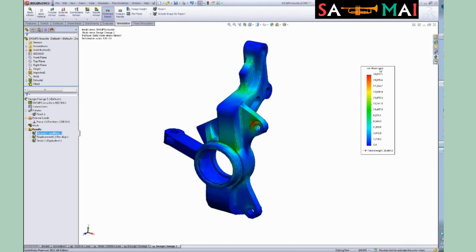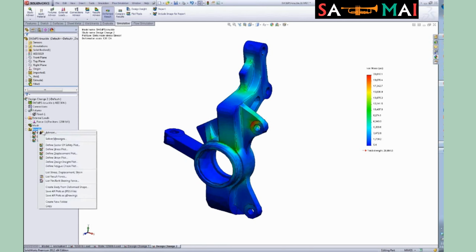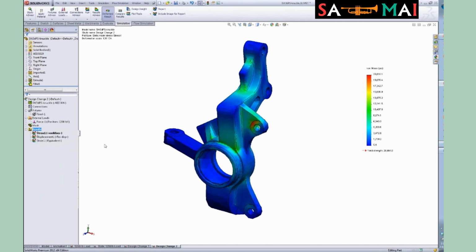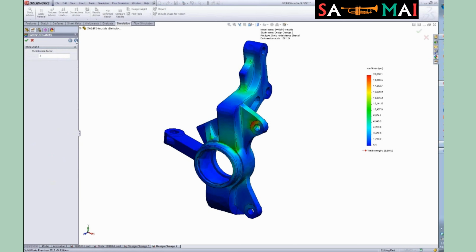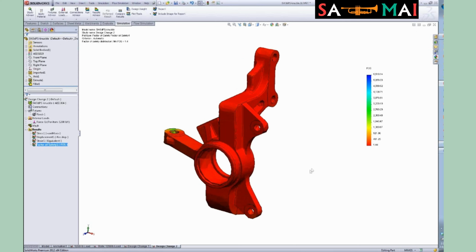We see that our stress stayed the same, and the reason is we're really changing very little about the material other than the yield, since the elastic modulus stayed the same, so our stress is going to be about the same, but our yield has changed. If we go back to our factor of safety plot, because our yield changed, what you're going to see is that my factor of safety dropped to 1.44. We can actually duplicate this one more time,